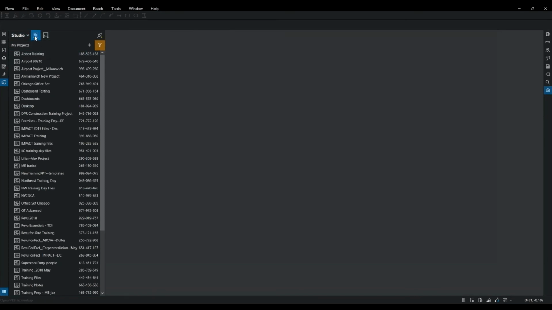And this time at the top, I still have that very first button selected that says projects. That's still correct. You'll notice 2 icons right underneath that connector icon we use to log in. The first one is going to be a plus sign. It's where we're going to add. The second one you're going to see is a filter.